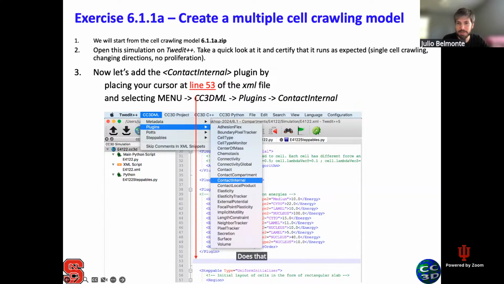Does that make sense? Okay, I think everybody is done with that part. Okay, so let's move now